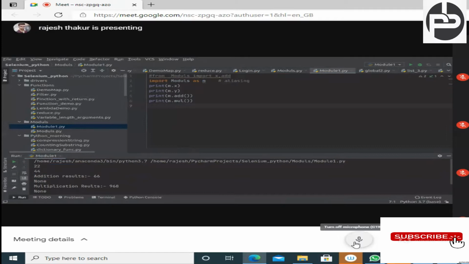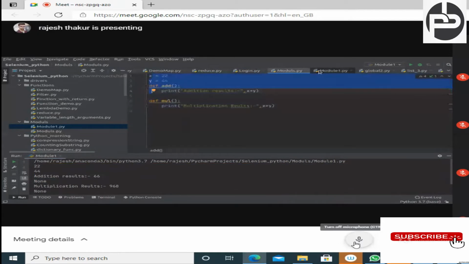Okay. Now coming to the point: how will you get to know what functions and what variables are available inside of a module, so that you can call them here? That we should also know. Right now we have a very limited number of functions and variables in this module, so we know these are the four things we wrote and can access.